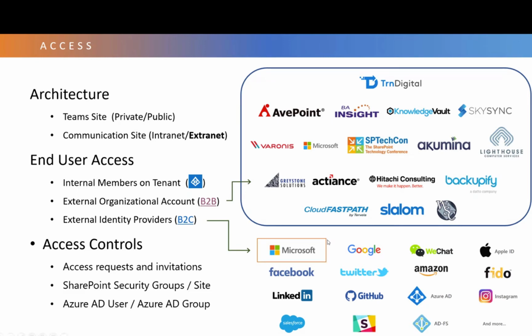I'm on the government community cloud, so we do not allow these other providers, but in your tenants, you may turn on WeChat or Google, so somebody could go to their Facebook, log in with Facebook, and then come to your tenant if you give them access. So there's the possibility of turning those on as well for your guest users.